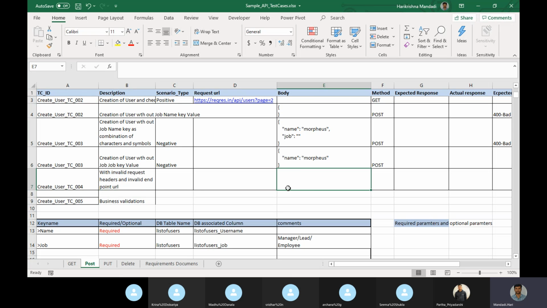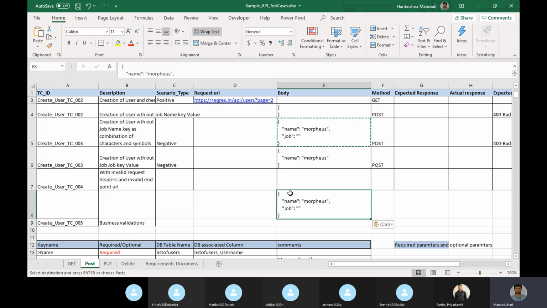I can write this case without it. Suppose I have these two, I will keep the job key and remove one more mandatory field.